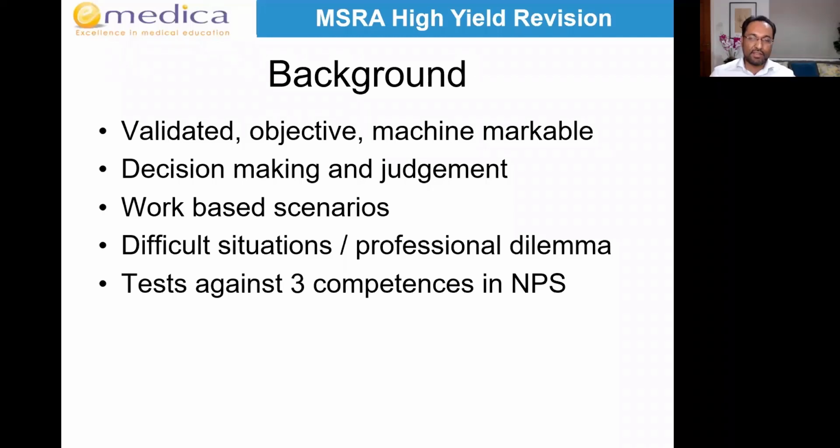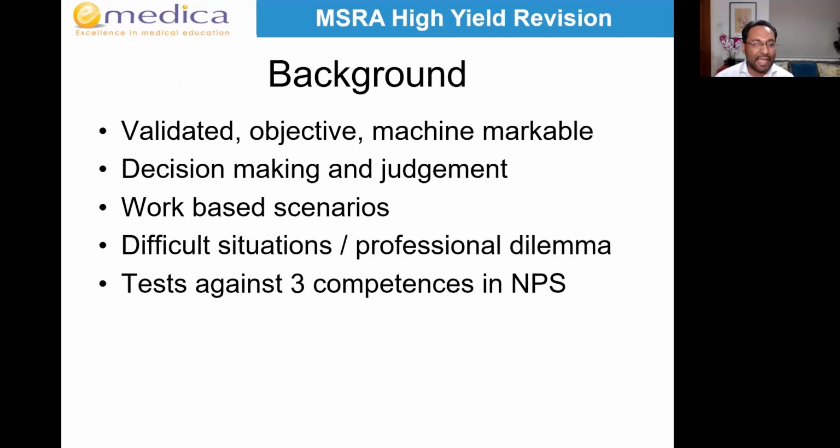So the reason the SJT has been used and continues to be used is that it's been used for a long time outside of medicine. And it's been validated that it can be a way to test if someone's suitable for a job if you map it to the right competencies. Unlike essay questions, which they used to use before as part of the recruitment process and application, it's objective rather than subjective, and most importantly, it's machine markup. In fact, it's marked by computer.